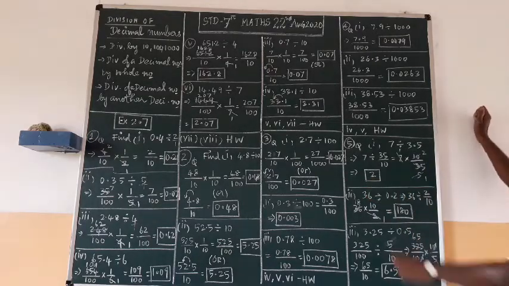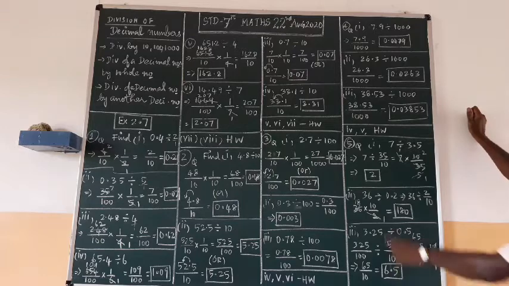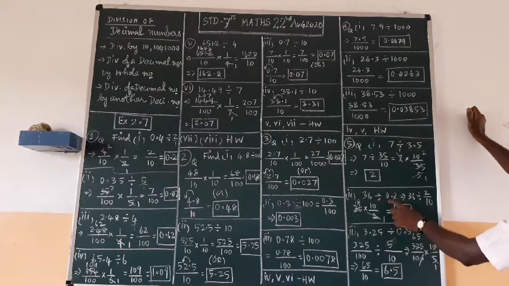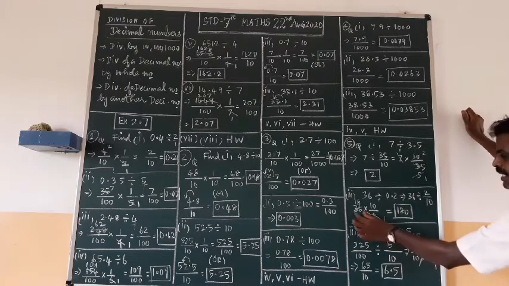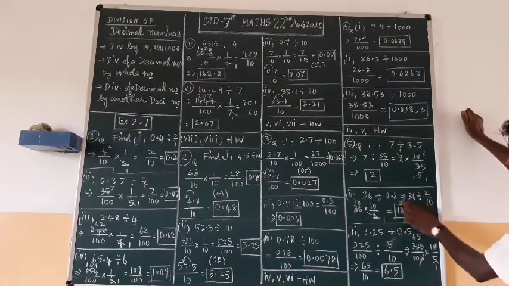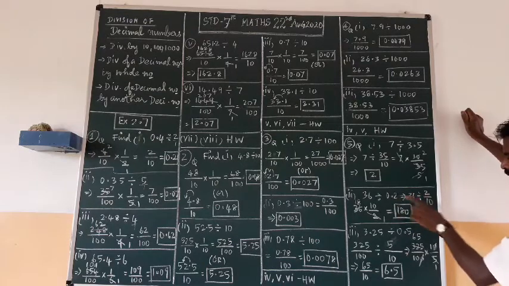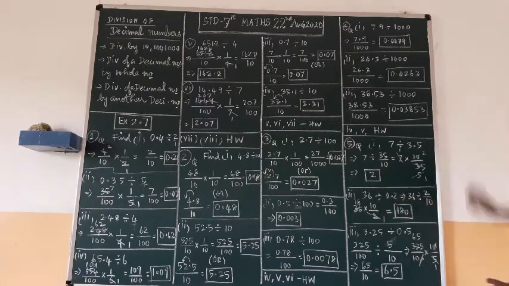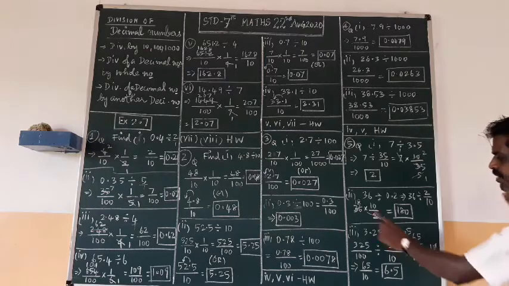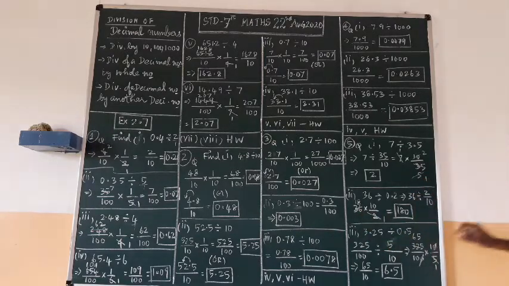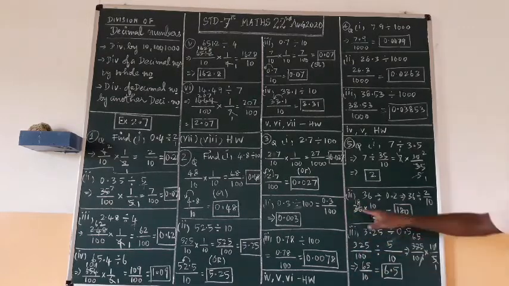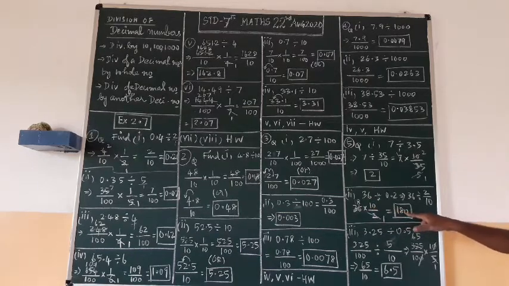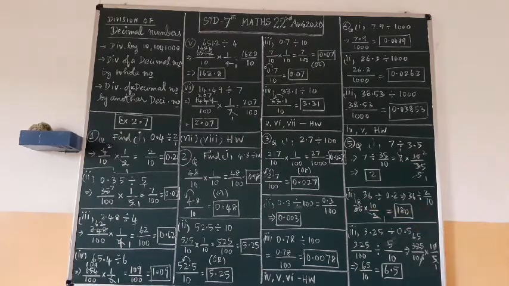Okay. Second question. What is second question given? 36 division by 0.2. Same method. 36 division, this point I am removing, 2 upon 10 because single digit is there. 2 upon 10. Then I am changing in a reciprocal manner. 36, this 10 upon 2 will become reciprocal. 10 upon 2 multiplication. Then 2 can divide 36 18 times. Cancel it. Then multiply 18 into 10. 180. That is your second problem.